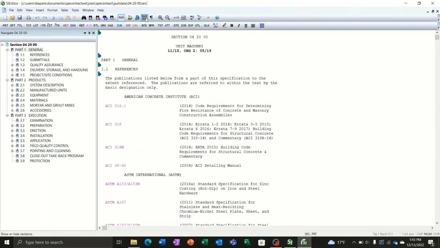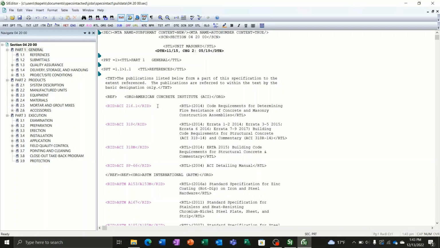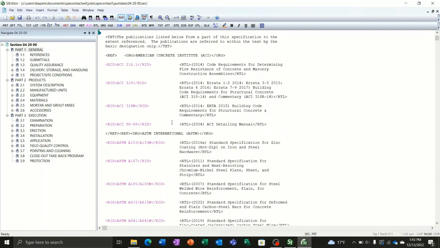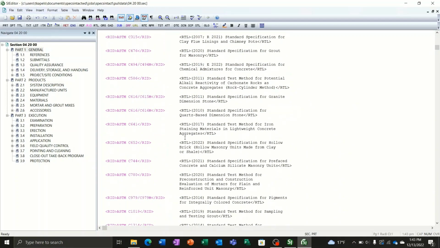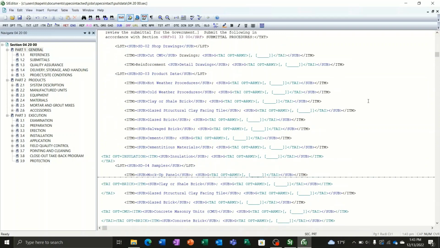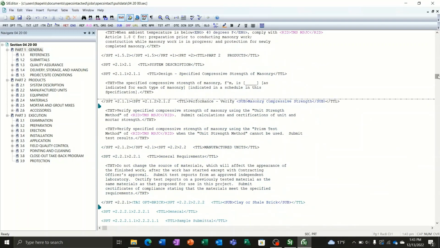And then the last one I want to point out is this text with a line through it, and then the glasses. We don't have any edits in here right now. I'm going to do a couple so you can see, but this shows the things that have been omitted or removed from a specification section. So again, we should always do edits with the tag bar on, and I always like to start with Part 2. I'm going to scroll way down here into Part 2 somewhere.